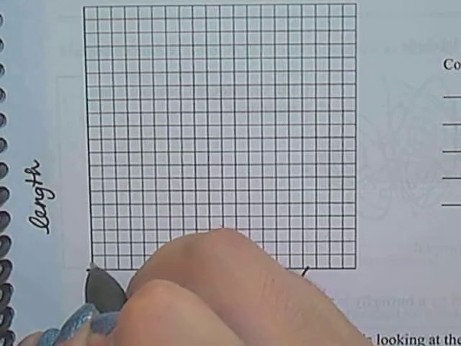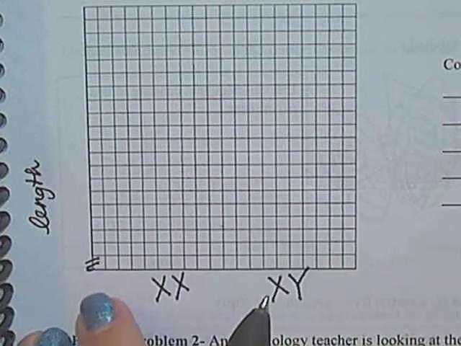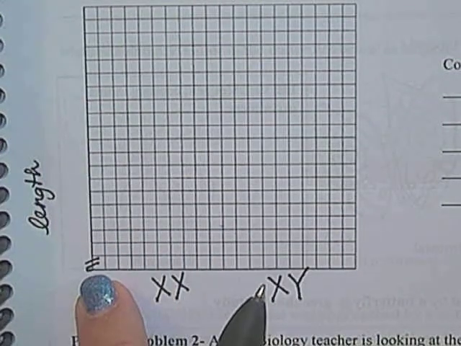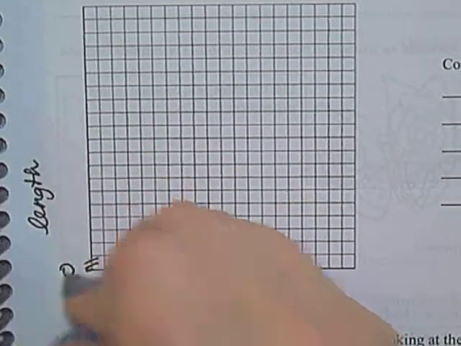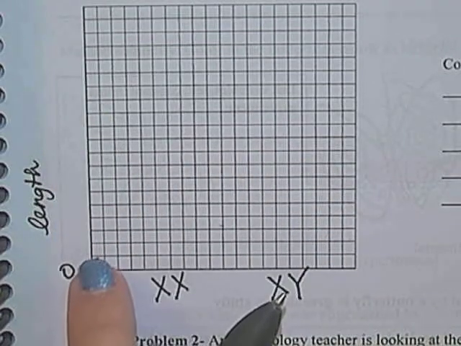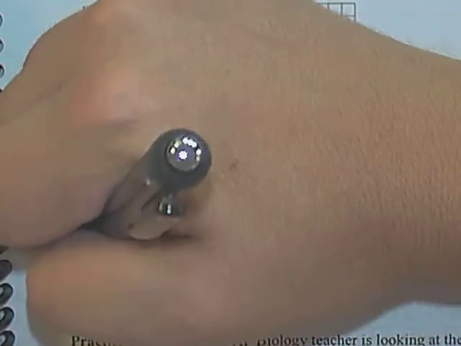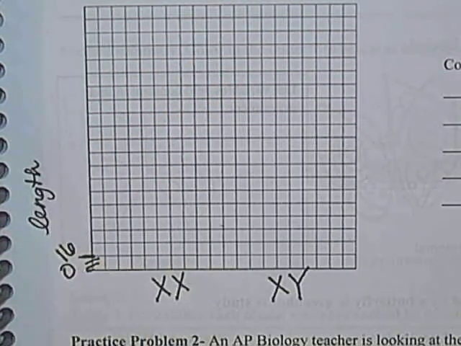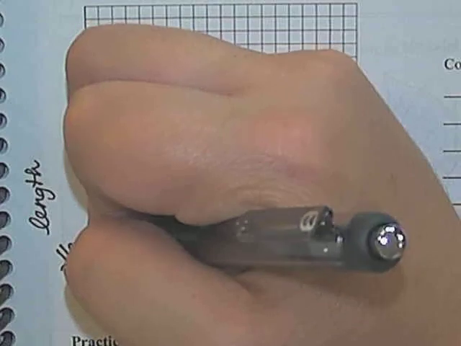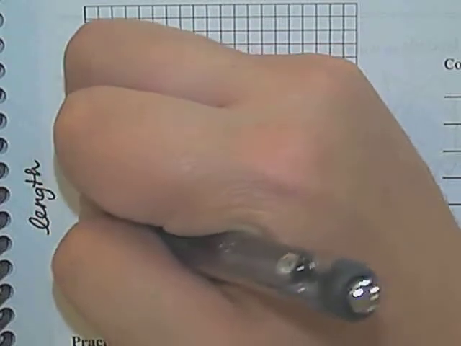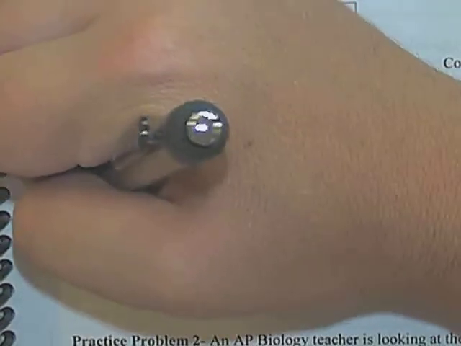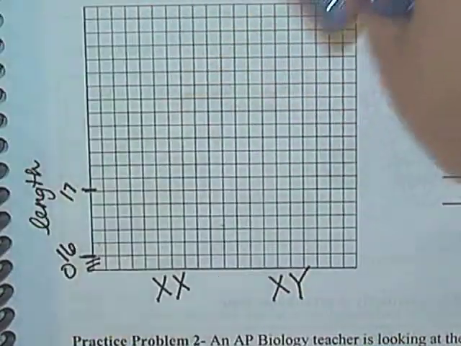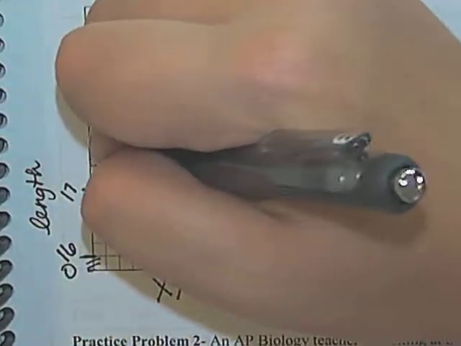So what I'm going to do is put a little mark here to indicate that there is a gap in the data. Although my y-axis starts at 0, the next line in my data, I'm going to put 16 centimeters. And then I'm going to count by 2: 2, 4, 6, 8, and then I'm going to indicate 17 centimeters, 2, 4, 6, 8,